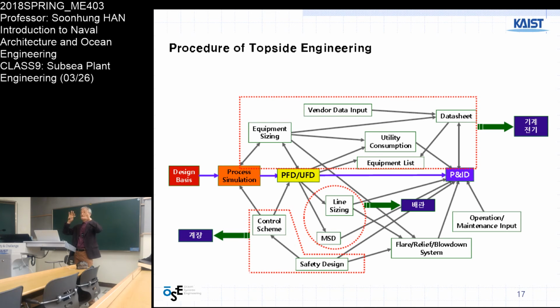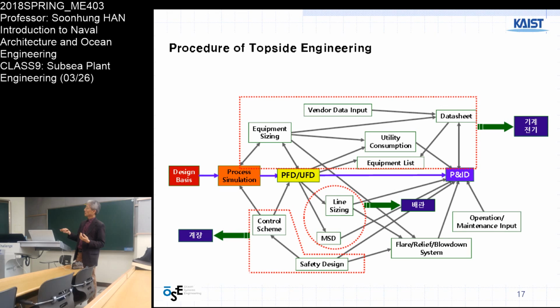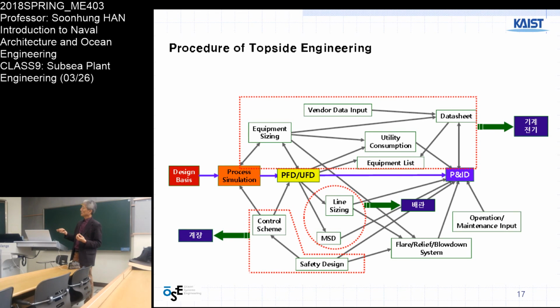So on top of the big barge, we put a chemical plant. We call this the top side. Top of the barge, top side. Bottom side, top side. And there is a similar process. Design basis is a design requirement, process simulation, PFD, and PNID, and the other